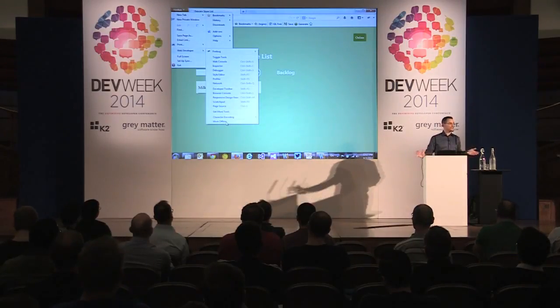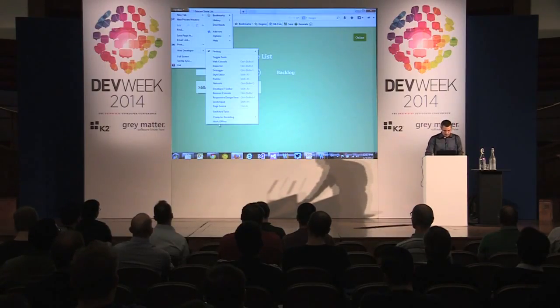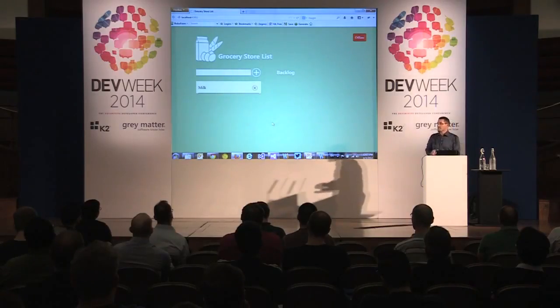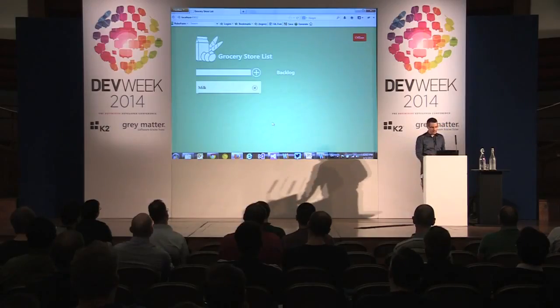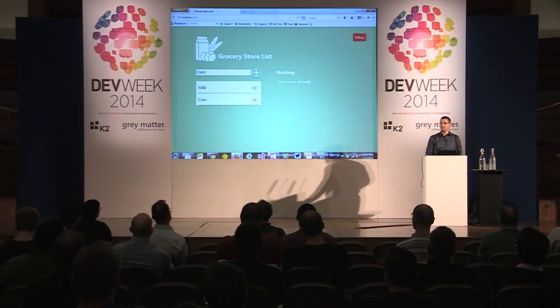So if you want to check your application cache, Chrome doesn't give you that opportunity, but Firefox does give you that opportunity. You can see that we are currently offline. That means that if I save corn it will save locally, and let's save it again, and let's erase corn,